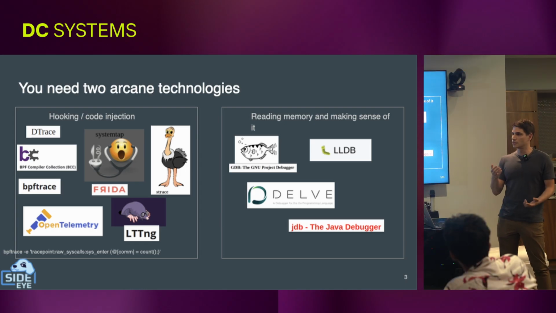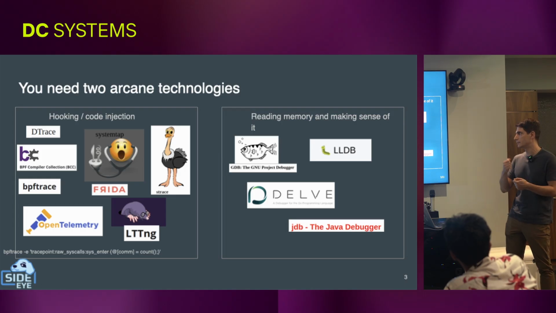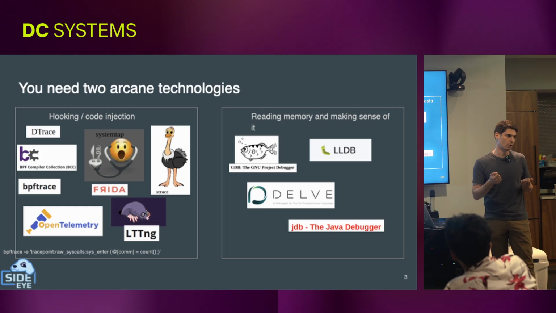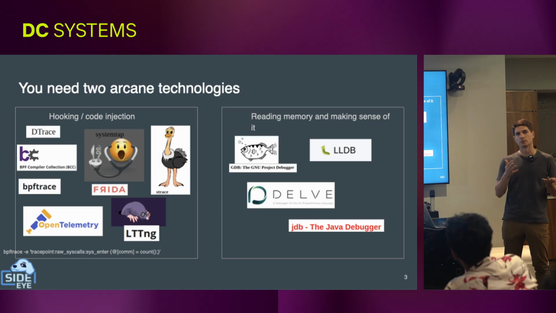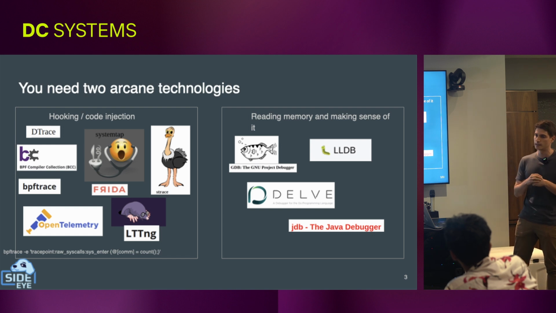In more recent times, there's been a new wave of tools for Linux like BCC and bpftrace that are built on a newer technology called eBPF that we're going to talk about. There are other things like the OpenTelemetry auto-instrumentation agents for different programming languages